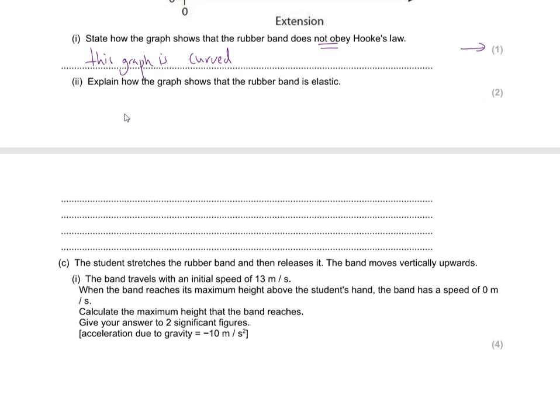Now, explain how the graph shows it is elastic. Now, first of all, we're going to define elastic. So elastic means, by explaining it, it's going to tell us what's going to happen. So for it to be elastic, it has to return to its original length